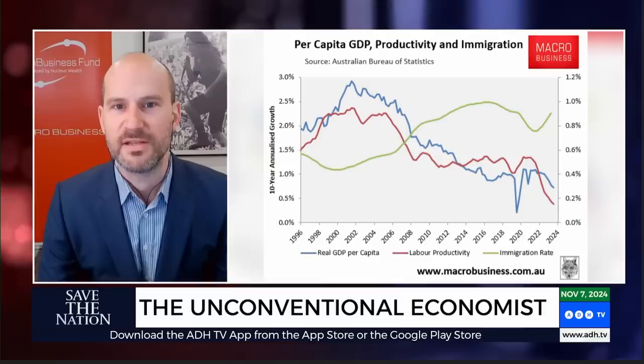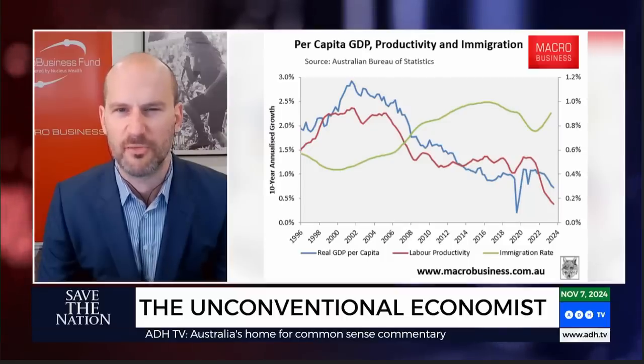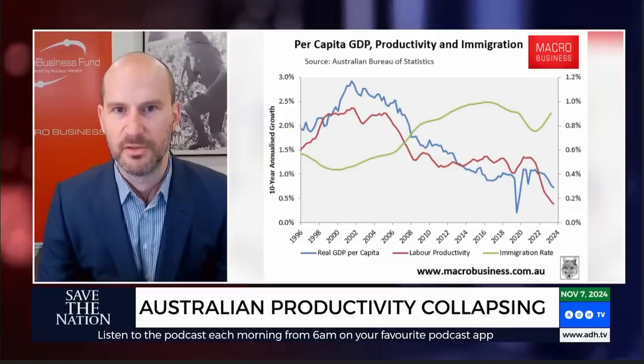And the interesting thing about it, David, is that it coincides with when Australia massively ramped up its immigration intake. In the mid-2000s, the federal government more than doubled Australia's net overseas migration, and it's got bigger and bigger ever since. The impact on productivity has come about through what economists call capital shallowing. What this means is that when your population grows faster than your business investment, your infrastructure investment, and your housing, you effectively get less capital per worker, which makes you less productive and reduces your growth rate,